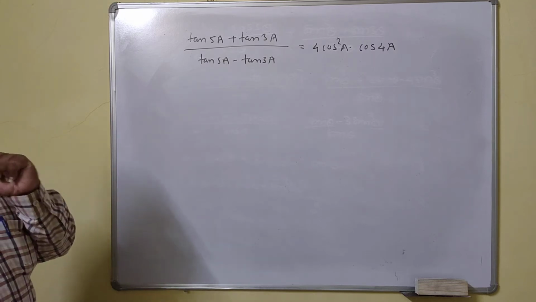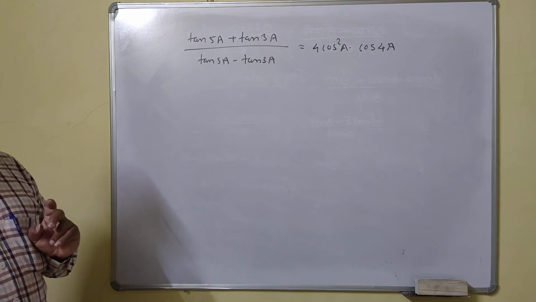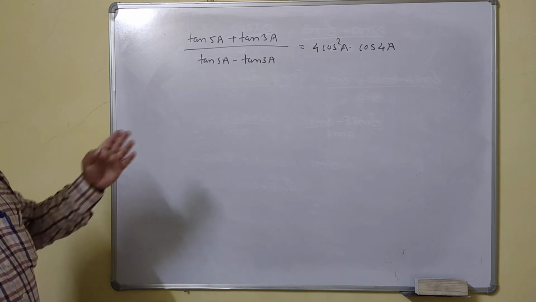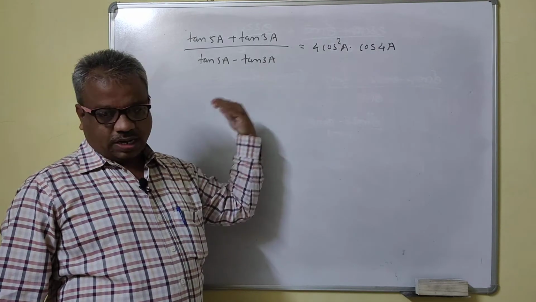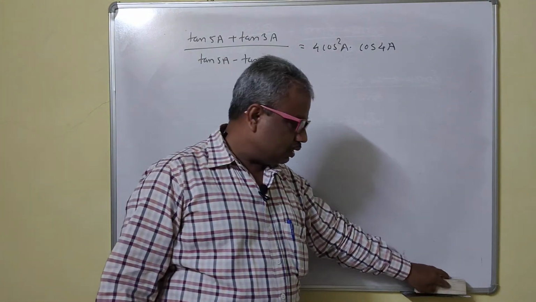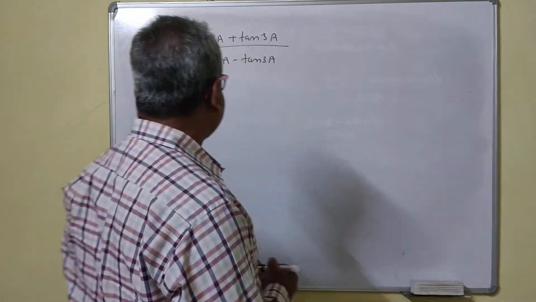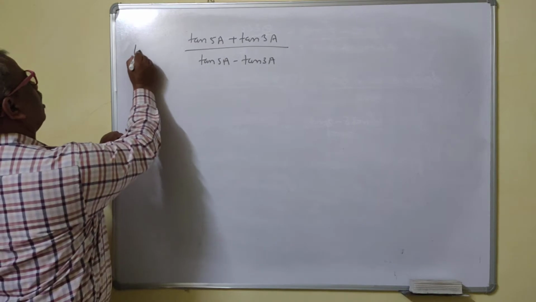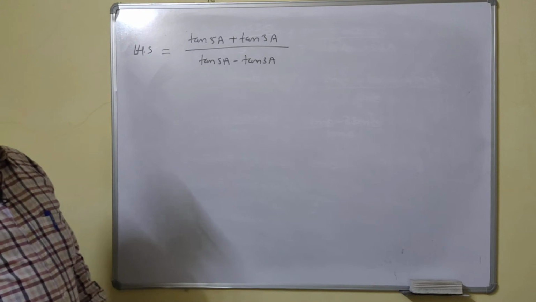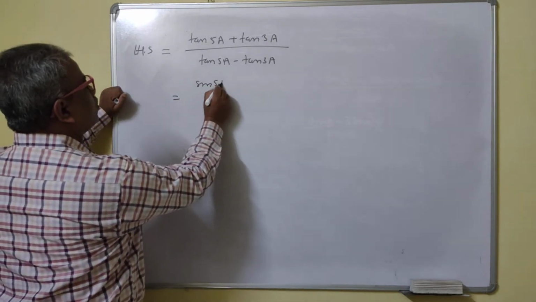So now see, your RHS is only in terms of cos, but your LHS is in terms of tan. So what we'll do, we'll convert that tan in terms of sin and cos, right? So no way from left to right now, so right to left, right? So we'll take the LHS and we'll go to the RHS now. So LHS is equal to, write tan in terms of sin and cos.